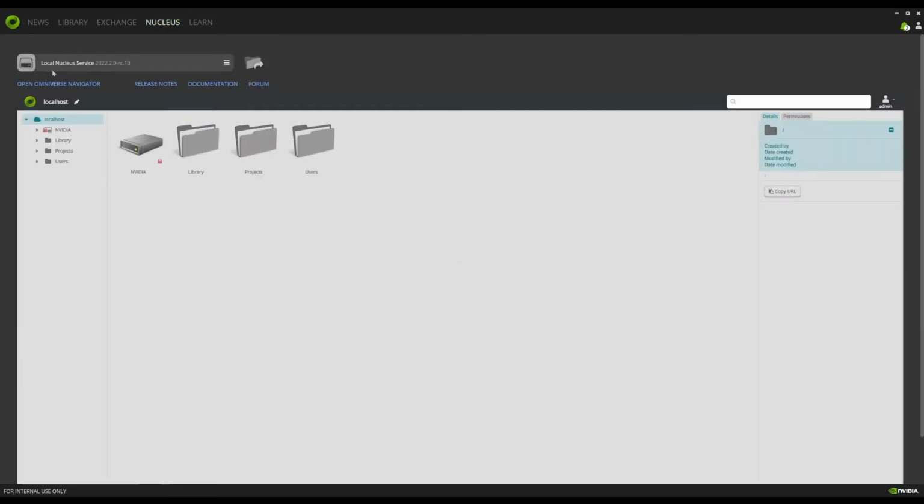I recommend working directly with the Nucleus server to get the full benefits of working in Omniverse. Go to the Nucleus tab and verify that you have a local server installed and running. Setting up a Nucleus server goes beyond the scope of this video, though it is covered in the documentation and